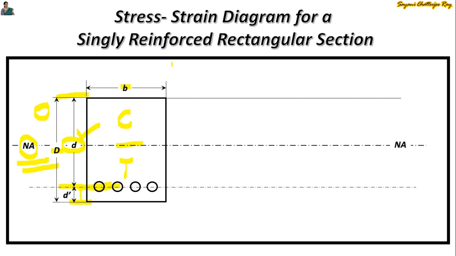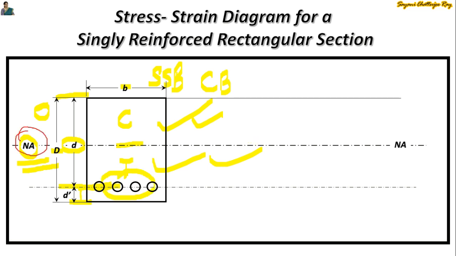If we consider any simply supported beam, the areas above and below the neutral axis are subjected to compressive and tensile stresses respectively. In the case of cantilever beams, the areas above and below the neutral axis are subjected to tensile and compressive stresses respectively. Proper knowledge of locating the neutral axis is very important because it helps in knowing the amount of strain in both concrete as well as in steel.